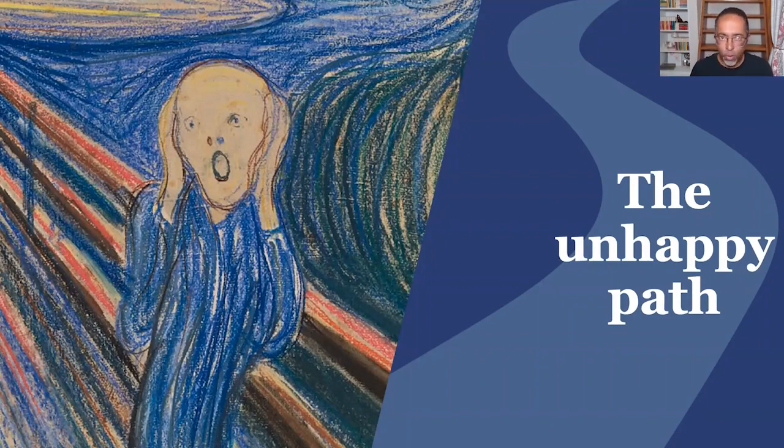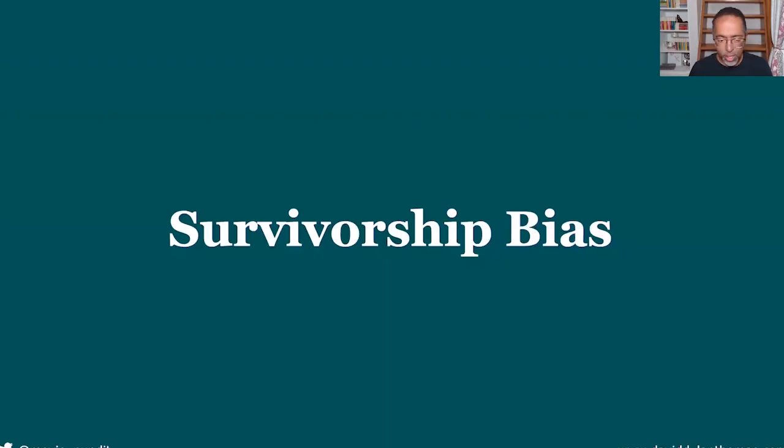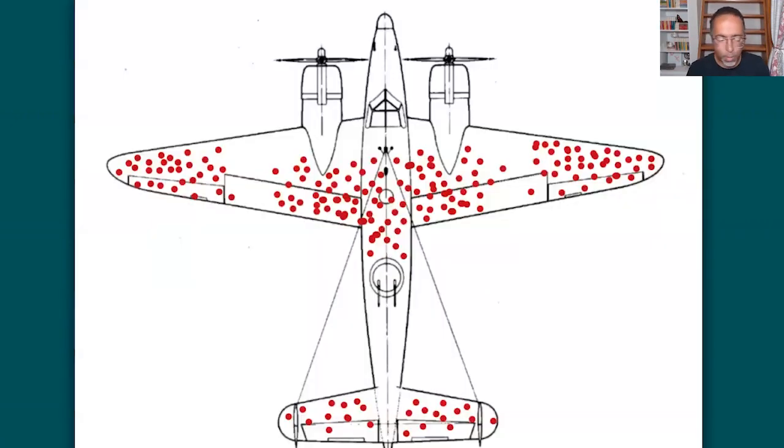Part of the problem we have with thinking about the unhappy path is this thing called the survivorship bias. And you can see it play out in the story of Abraham Wald. Abraham Wald was a brilliant mathematician in Austria in the 1930s, but unfortunately he was a Jewish mathematician in Austria in the 1930s, and his life was in danger. So he managed to get out before the Nazis moved in, and he ended up in the States, where he was asked to help with the war effort. And one of the problems he was asked to solve was, we've got all these planes, they're getting shot down. Where can we put more armament on these planes to keep them from getting shot down so much?